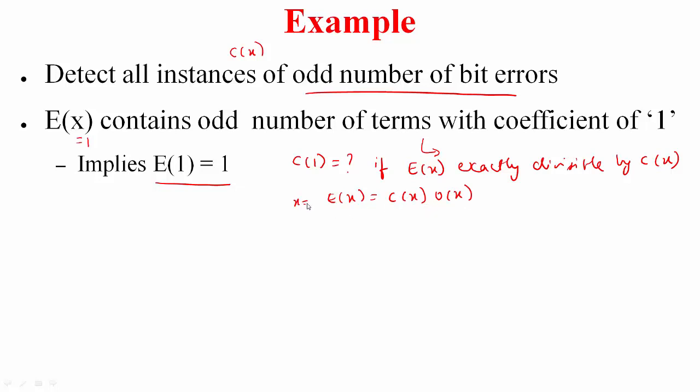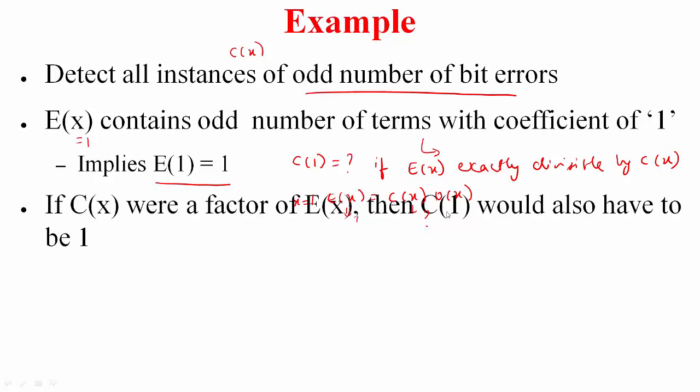So if I were to substitute x is equal to 1 here, this one is equal to 1. So what should this be? That's right, C1 has to be equal to 1. If it were equal to 0, E of 1 is also going to be 0, and we don't want that. Remember our original goal, we don't want Cx to be a factor of Ex. So if Cx were a factor, it needs C1 to be equal to 1. So in this case, we need to set C1 equal to 0 if we don't want Cx to be